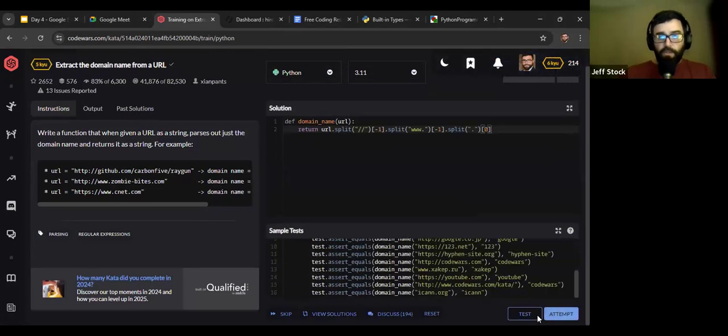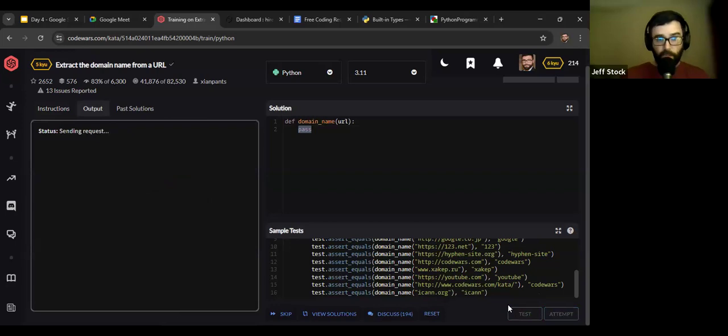And now we can use these 2 buttons. There's test and there's attempt. Now, actually, first, before I do, I'm going to take this back out and replace it with what was there. This word pass is kind of handy when you're filling things in. It's a reserved word that makes sure this doesn't break when you run it. It just says there's a definition with nothing in it, and it won't throw a syntax error. What I recommend you do though is look at these test cases